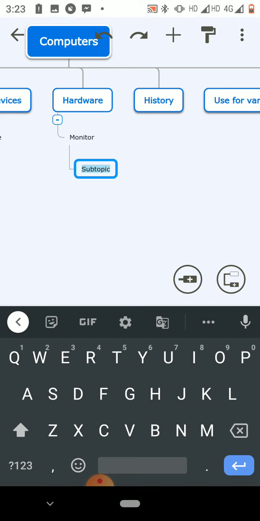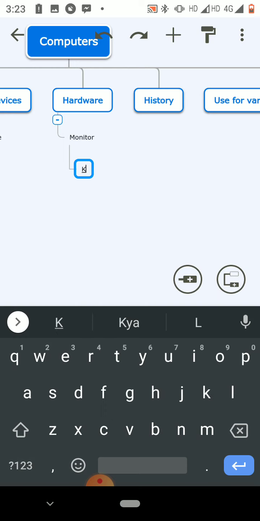I add another subtopic from the plus sign tool menu on my phone. Here I add keyboard. Okay.